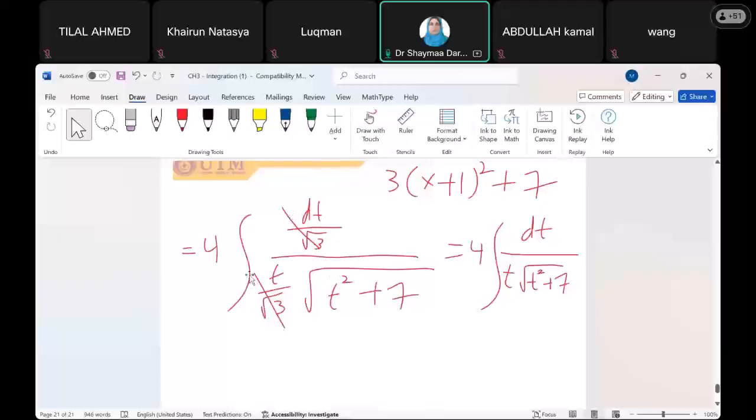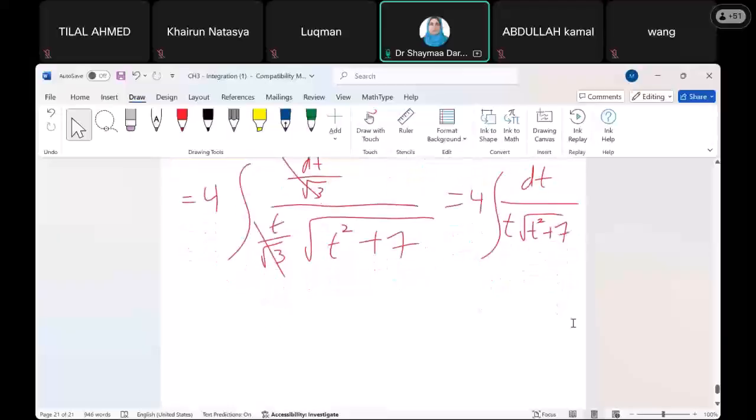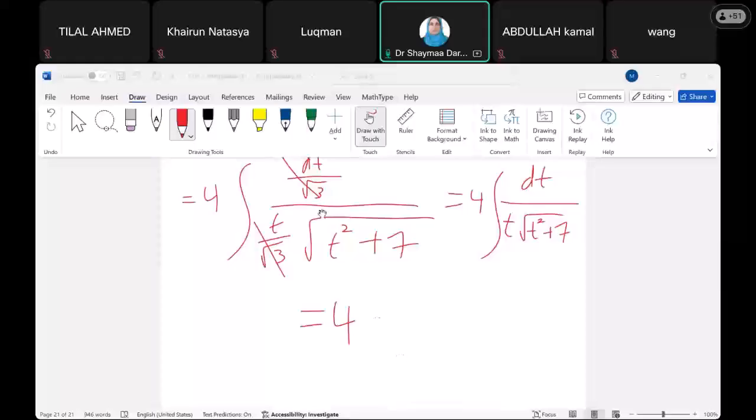1 over square root of 3 is cancelled with 1 over square root of 3. Then you have dt over t square root of t square plus 7. So this is a formula. The formulas will be given to you in the test. You go back and check which formula can be used. If you check here, you will find that the formula will be the formula of